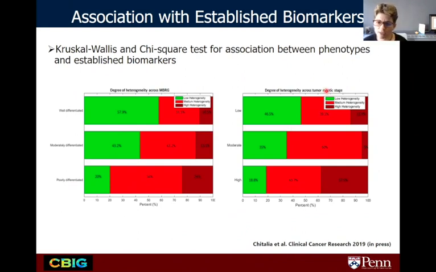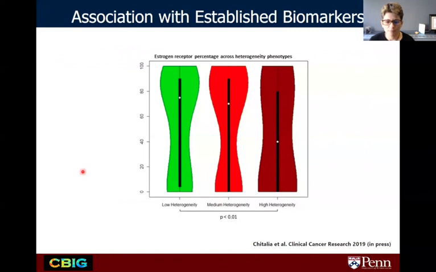And then when we're looking at mitotic stage, we saw that the tumors at low mitotic stage were mostly kind of half and half, low heterogeneity with medium and high. But then when you go to tumors with high mitotic stage, you can clearly see that the vast majority of them are part of the medium and high heterogeneity imaging phenotype, which again makes sense from a biologic standpoint. And then when we're looking at the estrogen receptor percentage across the different heterogeneity phenotypes, we found a statistically significant difference between the low and high heterogeneity phenotypes as well, which is an interesting observation.